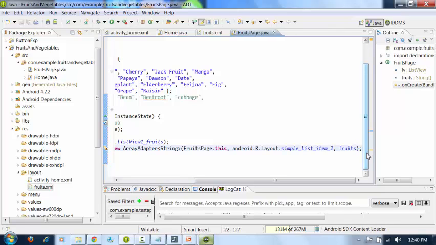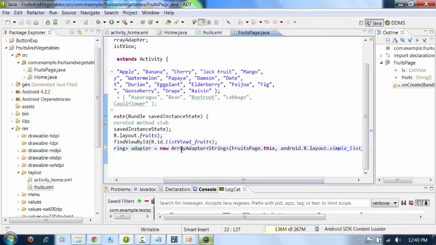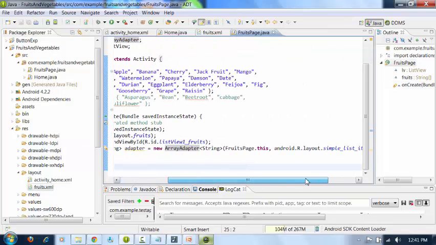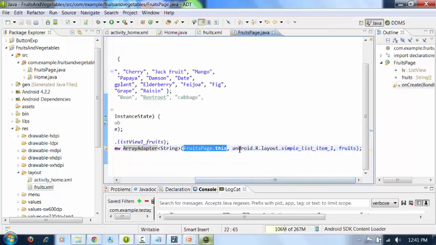end the statement. Here you may get confused, because whenever you use control space with the array adapter, it shows different options. You need not bother, you can select any one, but you give the 3 parameters. The first parameter is the context, it means where you have to display the list view. Then the second parameter is the layout for the list item. Here we are using the predefined layout, and the third parameter is the values